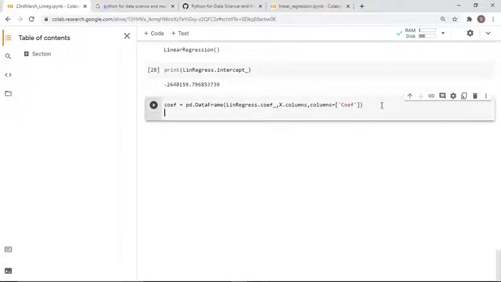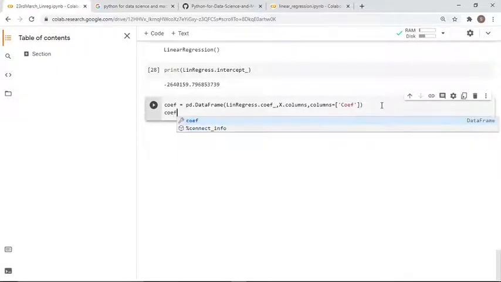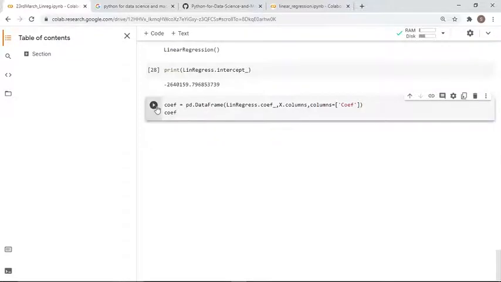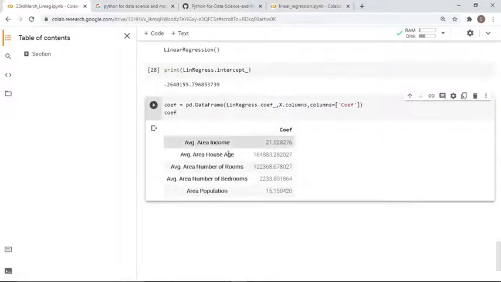If I want to print the coefficient, these are the coefficients you can see that I have printed here. Next, after printing the coefficient, we can predict how this model will perform.